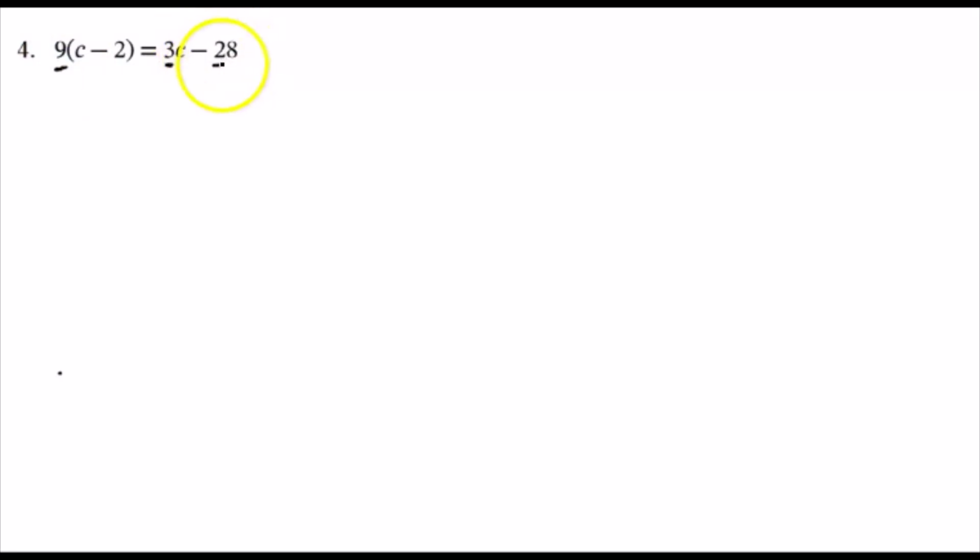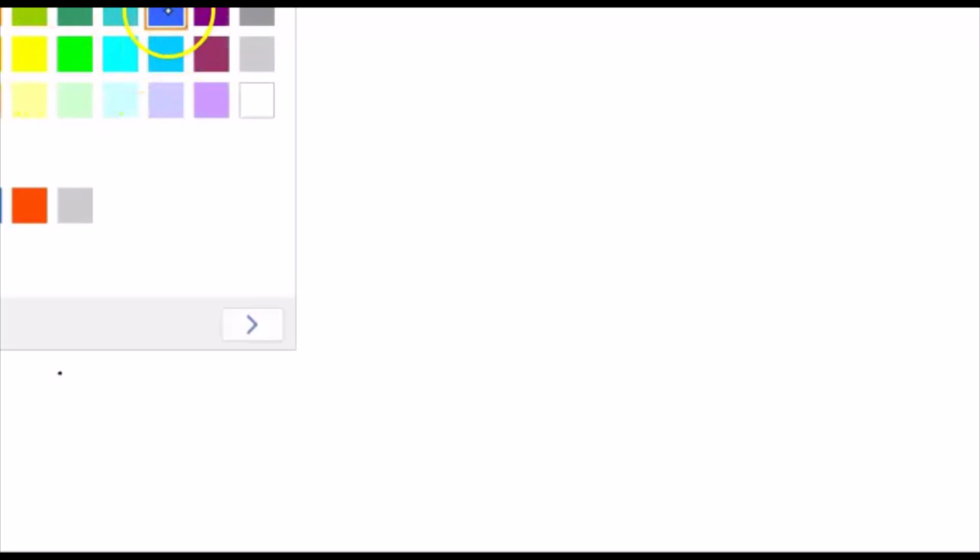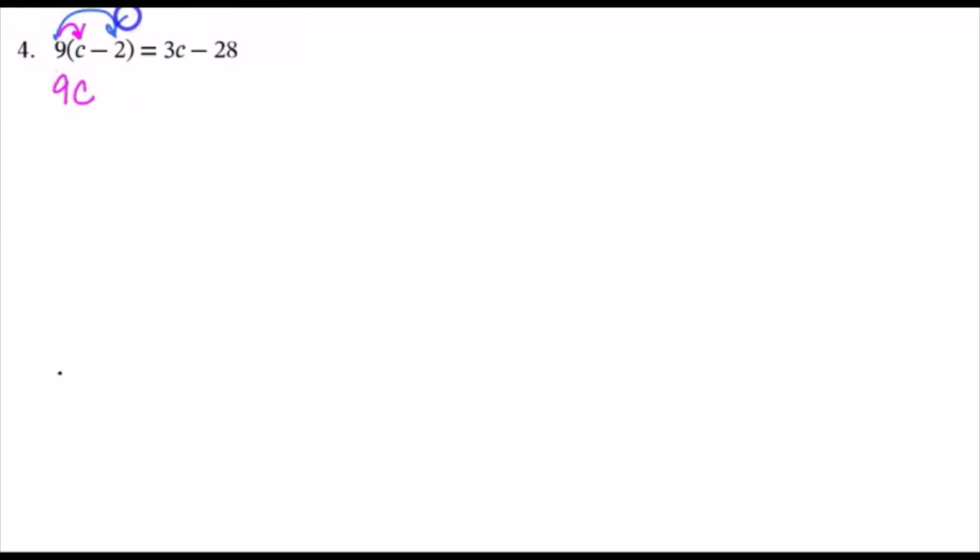Well, 9 won't go evenly into 28, and I really don't want to deal with fractions, so I'm going to opt to distribute. 9 times c is 9c. 9 times, let me get a different color, 9 times negative 2 is negative 18,